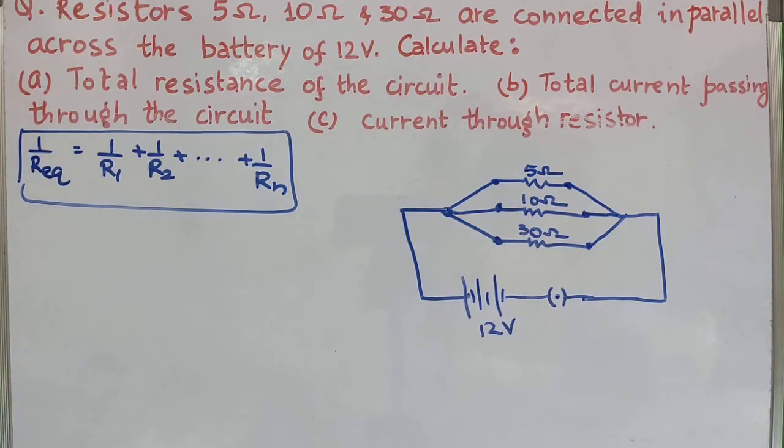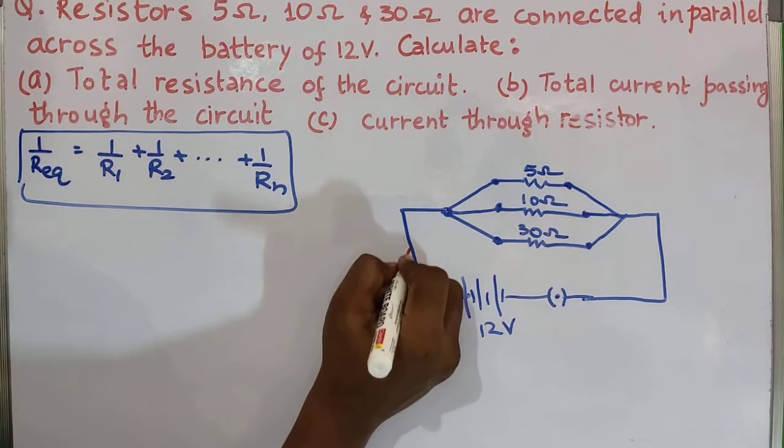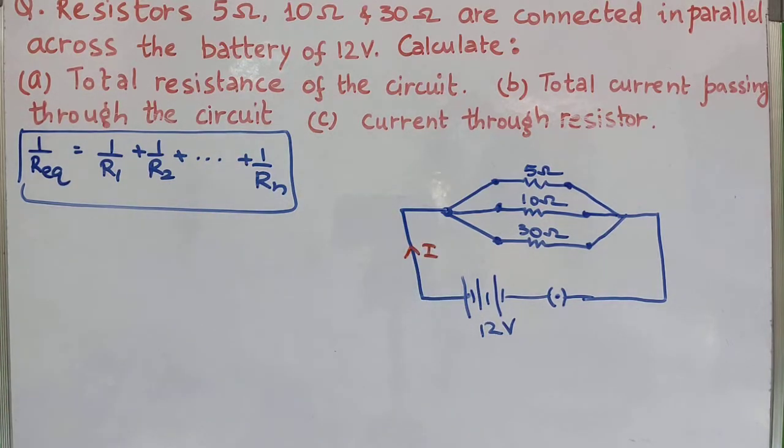So we need to calculate the total resistance of the circuit. Total resistance of the circuit means the effective resistance of the combination. So how much current will flow through it? So what would be the effective resistance? By using this formula,